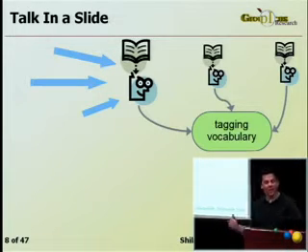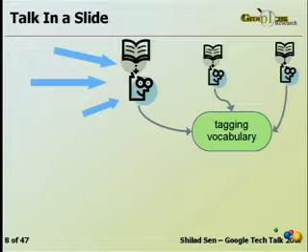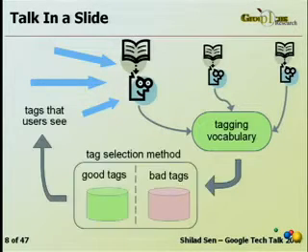And in the second part of the talk, we'll look at one particular input, the tags that users see, that actually turns out to be an important factor in the tags they themselves create. And if you believe that that is true, then it's in a system's best interest to display good tags, right? They want to display tags that are good to encourage the user, in turn, to use tags that are good. So in the second half of the talk, we'll look at tag selection methods that can differentiate between good and bad tags.